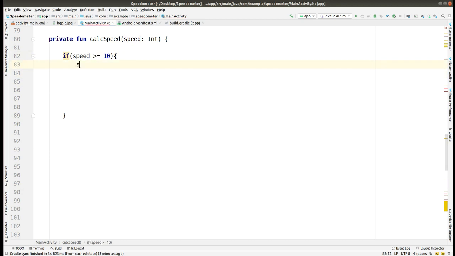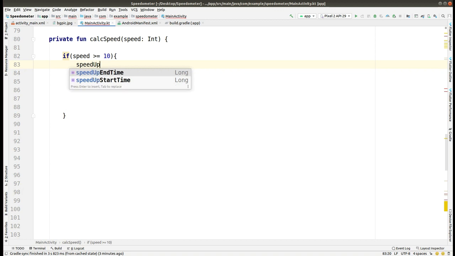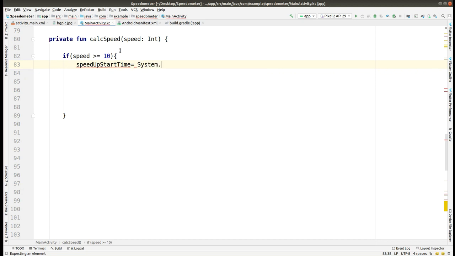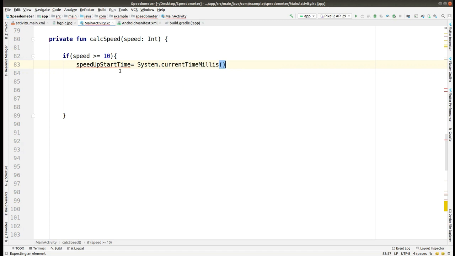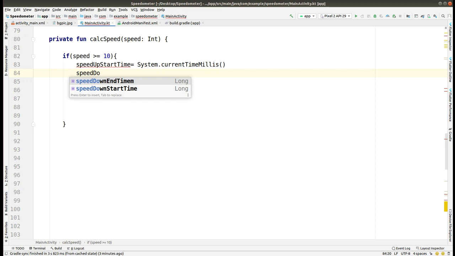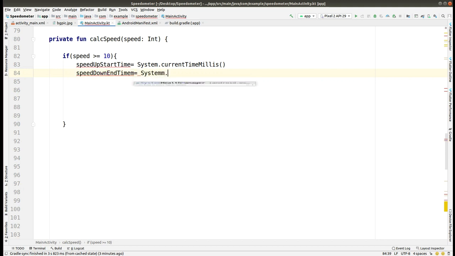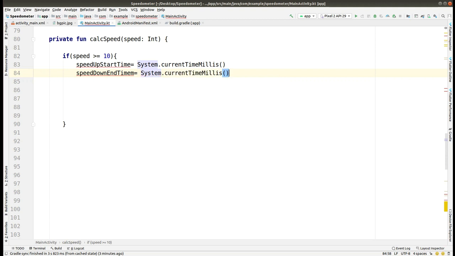So within this we have to do some calculations, some subtractions, and use those variables. What was that speed start time? We are checking for the acceleration in the first part. If the speed was greater than 10, it was accelerating towards 30 or greater than 10. Yeah, so first of all, get that speed up start time when the speed gets started,